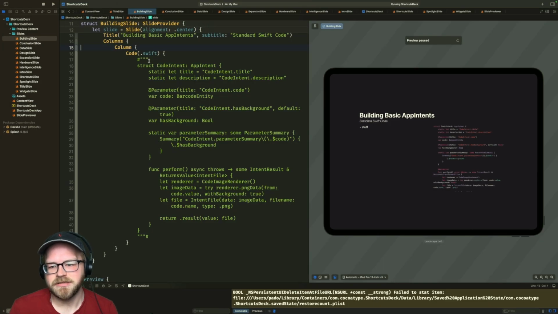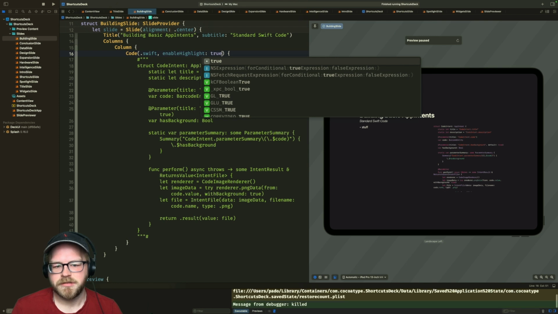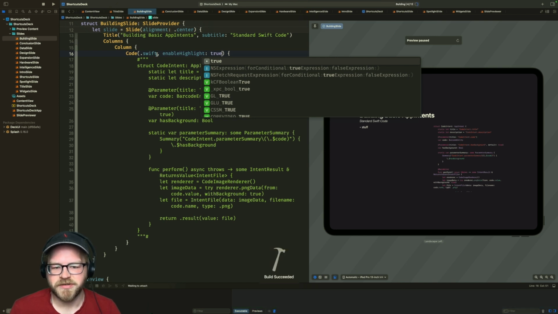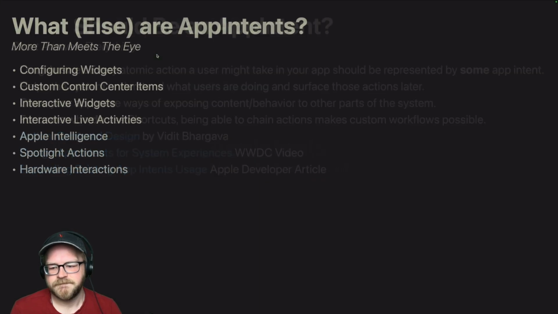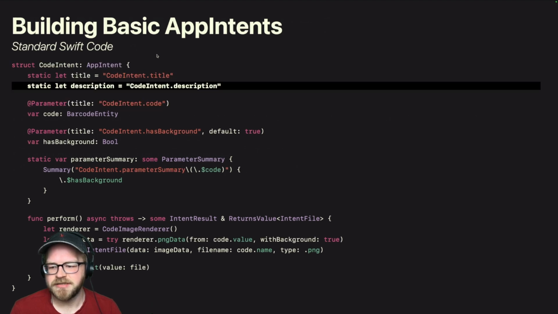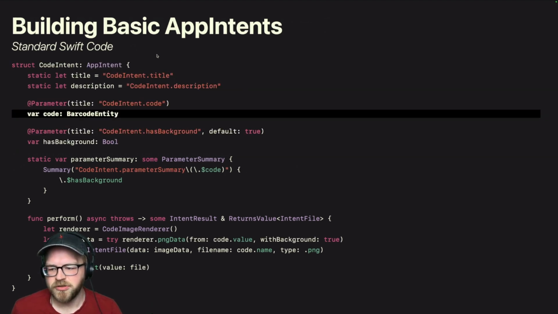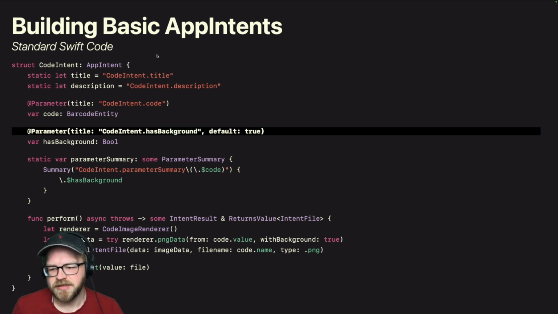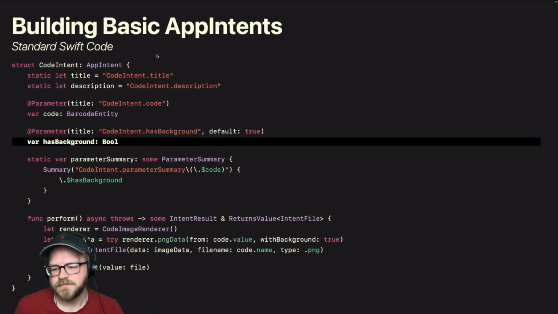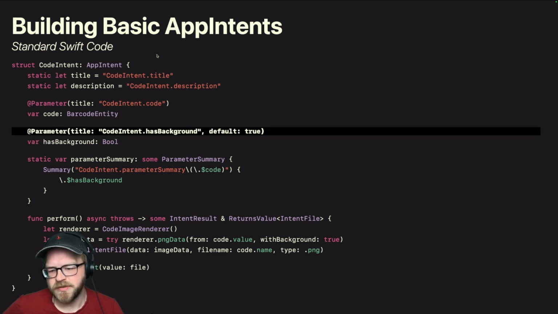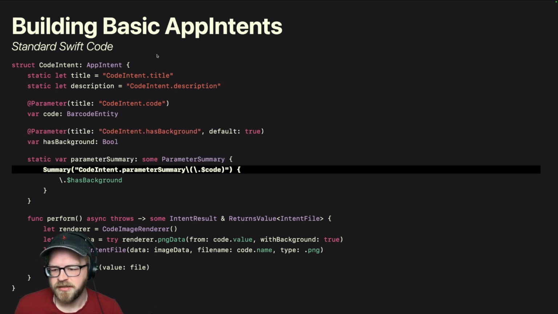And then I can also, if I turn on the enable highlight true, let me show you what that's for. Get into here and I can talk about it line by line. Be like, so we have these parameters. This takes in code. It takes in barcode entity, which we'll get into in a minute. Have a title here. Defaults to true because we need to specify something if it's not. Oh yeah, I guess it's just defaulting to true because users aren't actually doing that.